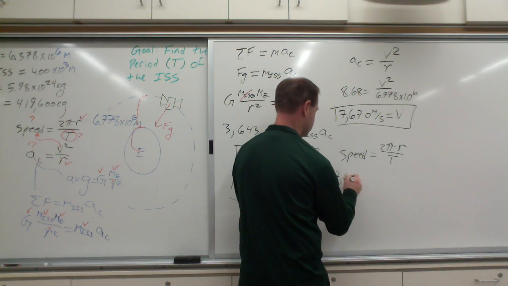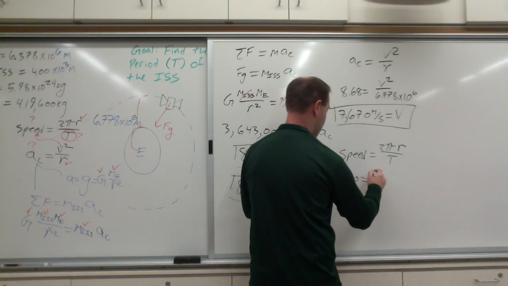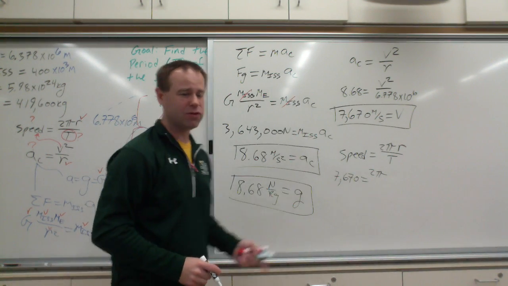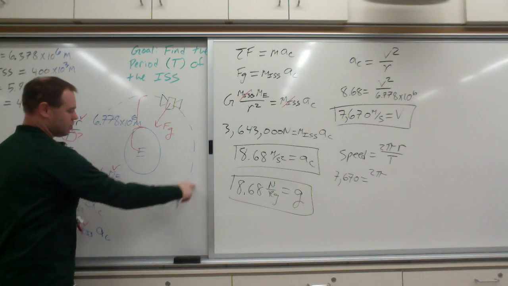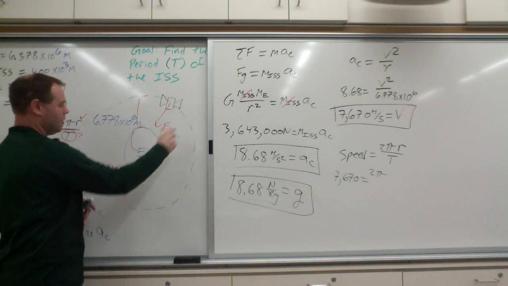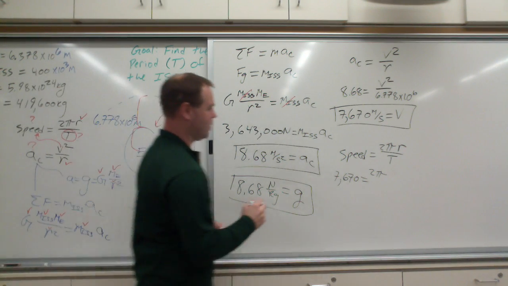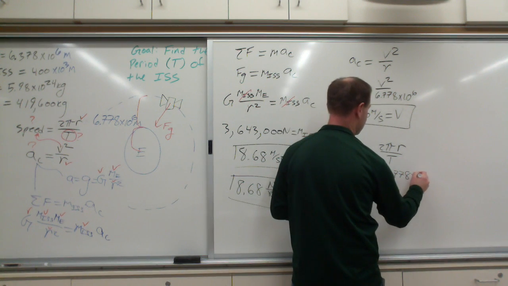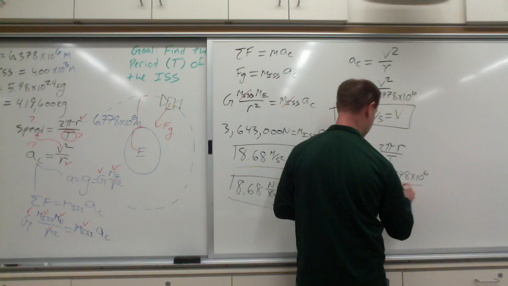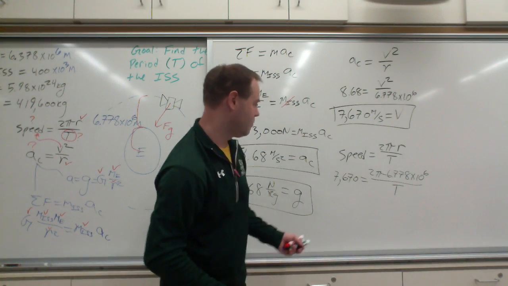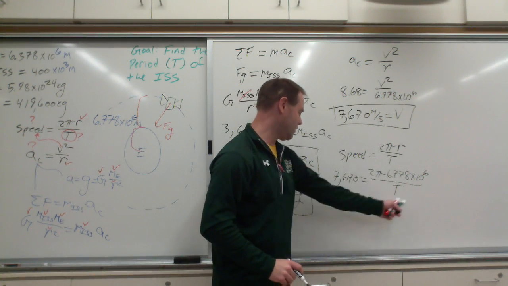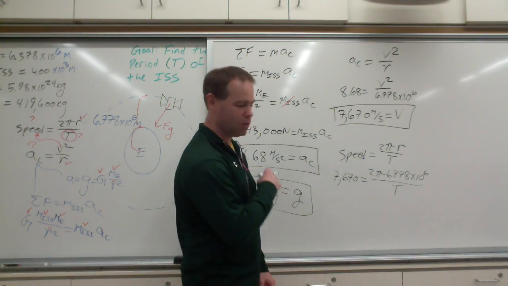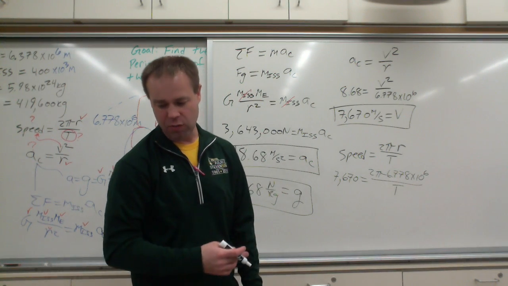Let's see, so we've got our speed, 7,670 meters per second, times 2 pi times r. And again, this is the radius of the circle of motion, so we need to use 6.778 times 10 to the 6 meters over period. And then we can solve for the period. Multiply period to the other side, divide by 7,670, and you will find that the time it takes for the International Space Station to orbit around the Earth is